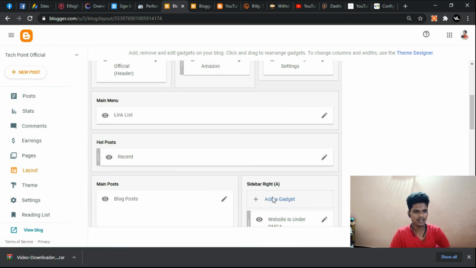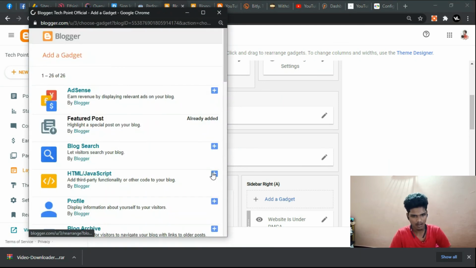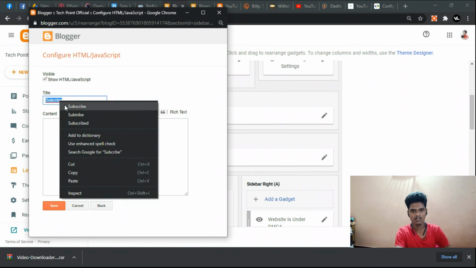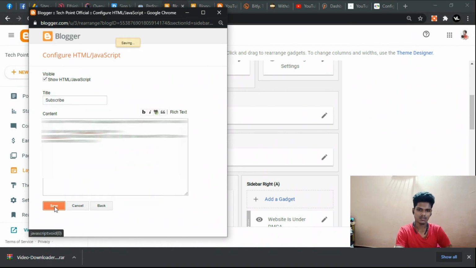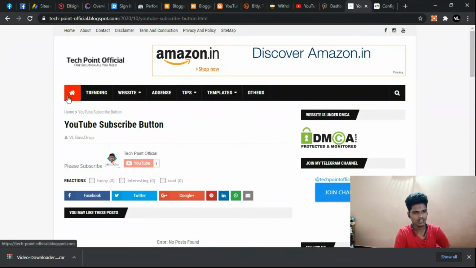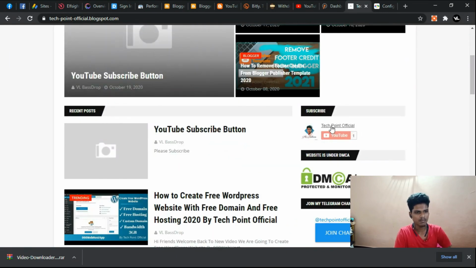You can see the sidebar, click on add gadgets, click on HTML, add a title, subscribe, and paste that code. After clicking save, you can see my gadget is at the first position. You can see that subscribe button displaying over here. This is an easy way, guys, to add a subscribe button in your Blogger.